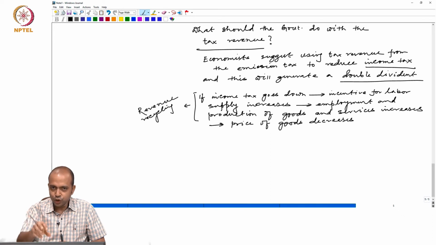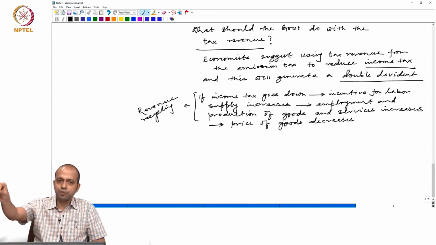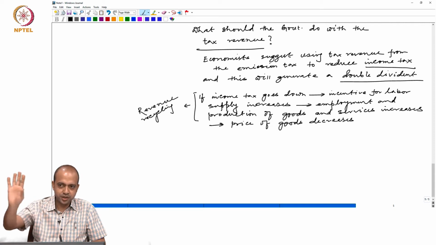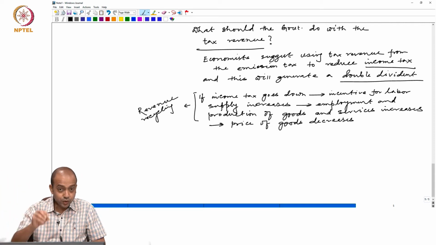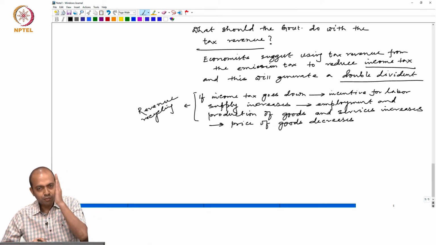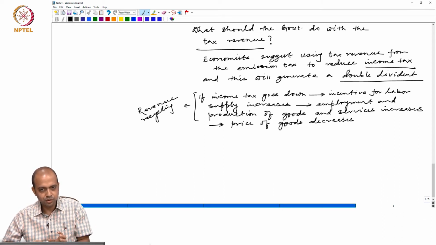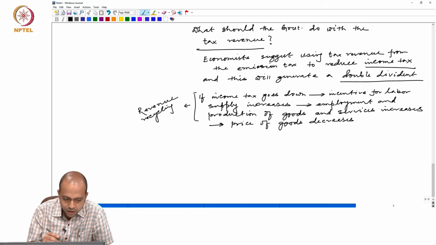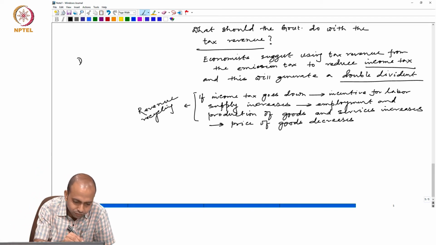So, my pollution is going down, employment and goods and services are increasing. That is why it is called double dividend. Why is it called double dividend? By imposing emission tax, firms are reducing their pollution, pollution is coming down, and there is more production of goods and services. Okay? So, double dividend